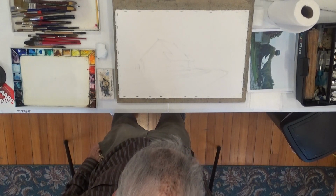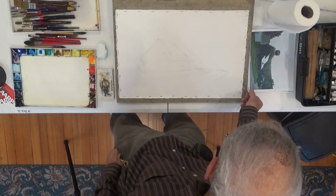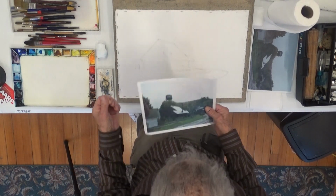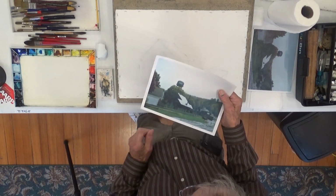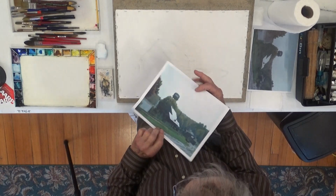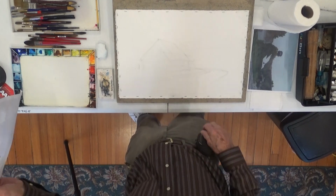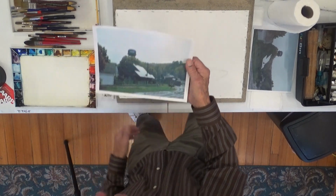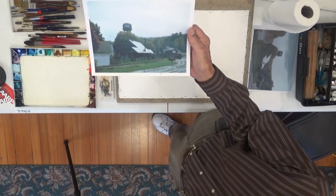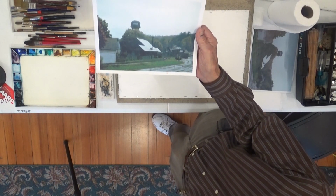Okay. What I've chosen to paint today, it's a photograph, not a very good one, but that's okay. This is what I'm going to be painting. Can I just do that? There you go. Okay. This is a railroad station in East Arlington, Vermont,